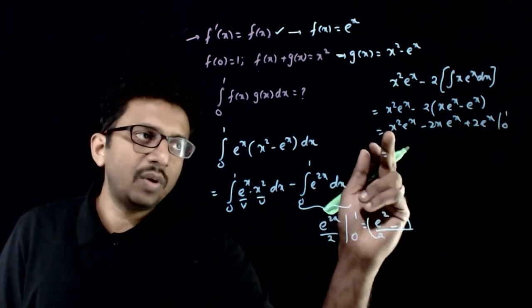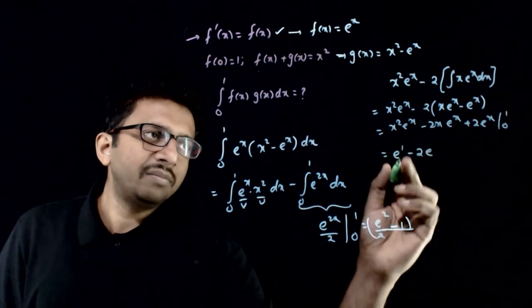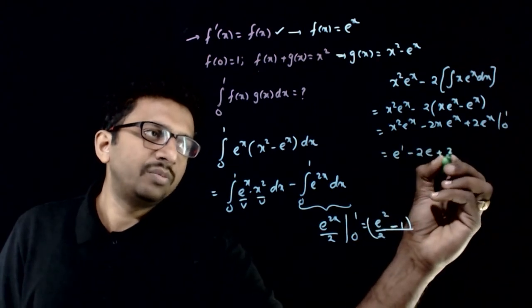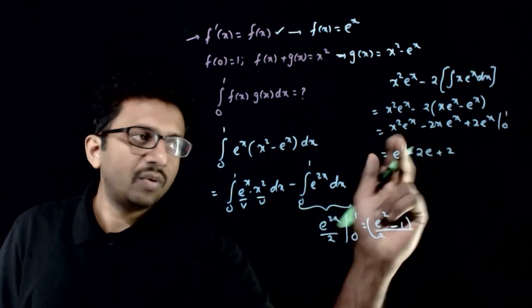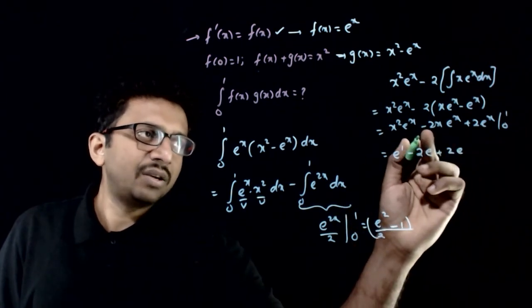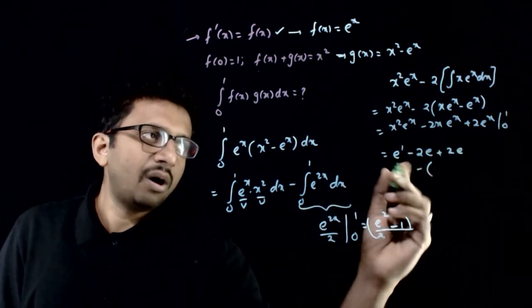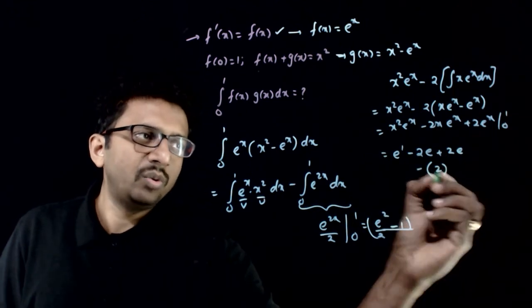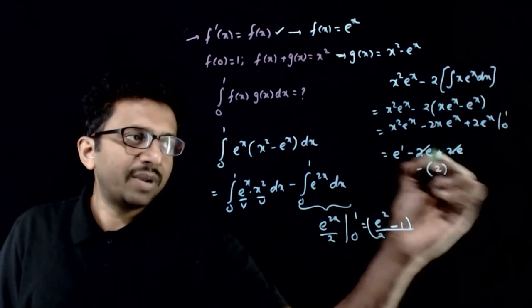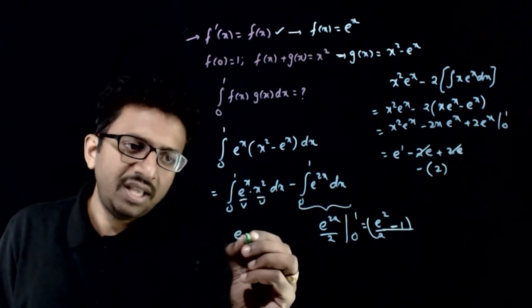So if it goes from 0 to 1, if you put x is equal to 1, you get e power 1 minus 2 into 1 into e plus 2e. Minus of, if you put x is equal to 0, this becomes 0, this becomes 0, this becomes 2. So minus 2 and plus 2e gets cancelled. So effectively you're getting e minus 2. So this is e minus 2